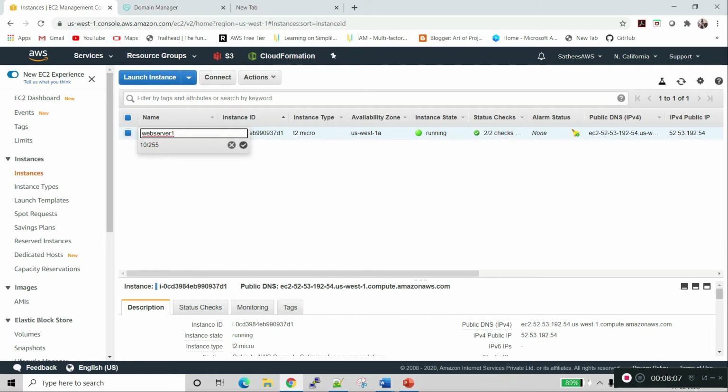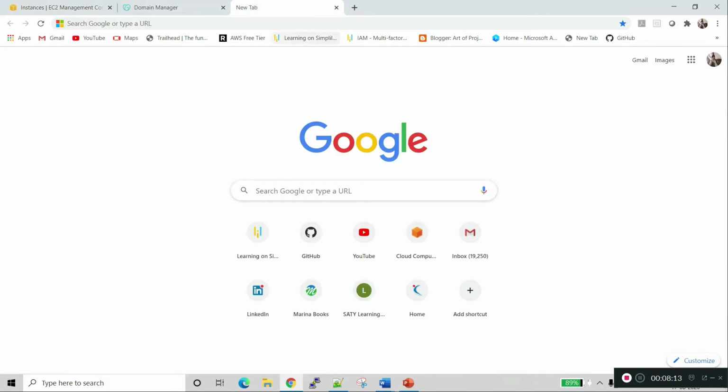We will name this web server 1, and it's running. We'll check the website.